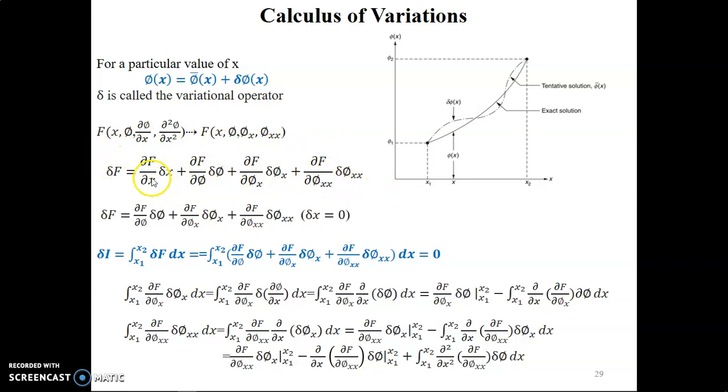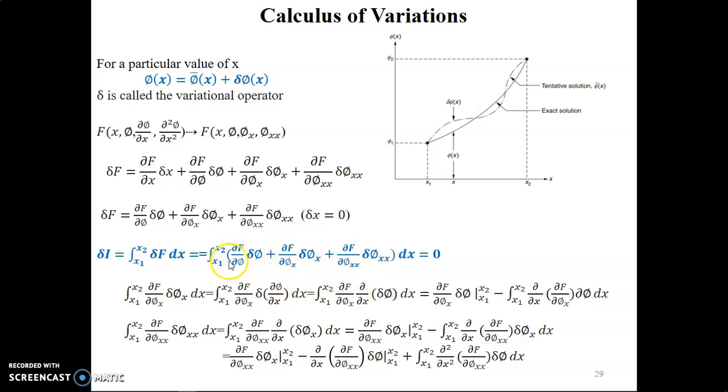Now we are calculating this expression for a particular value of x, meaning the change in the value of x, del x, will be equal to 0. So this term will be reduced to this expression. Now this expression for del f will be integrated over the entire solution domain, that is between x1 and x2. So we will be putting del f as this expression, and then we will be equating it to 0, so that we will obtain the value of the field variable which will minimize the problem.